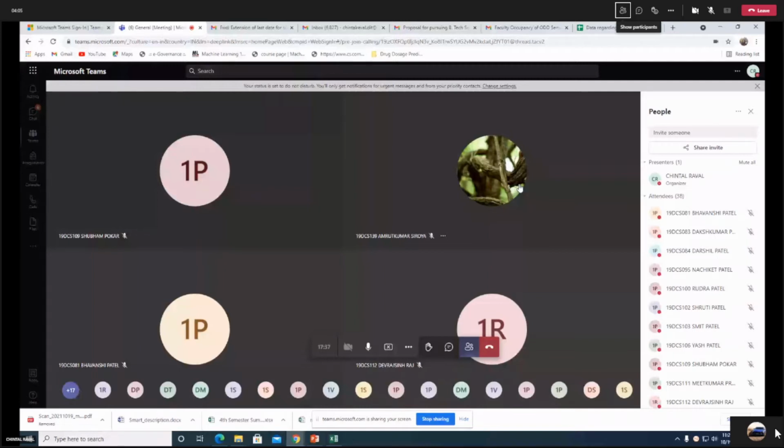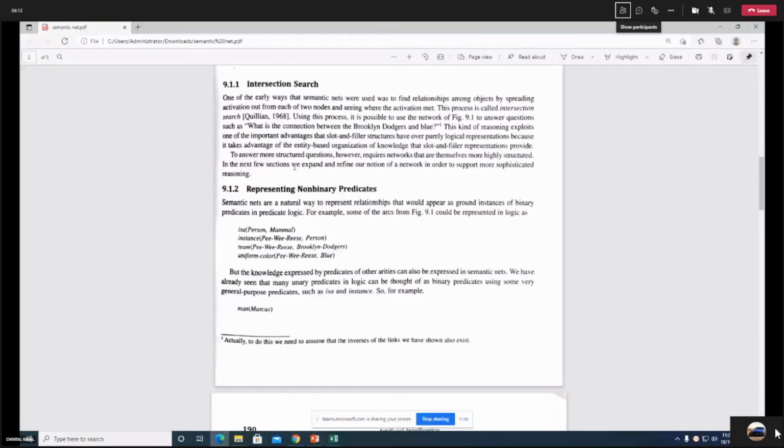How to represent the non-binary predicates? In front of you, the examples you are seeing are all binary predicates. How? The predicate name is A, and there are two arguments. So binary means two. Instance is a predicate with two arguments.